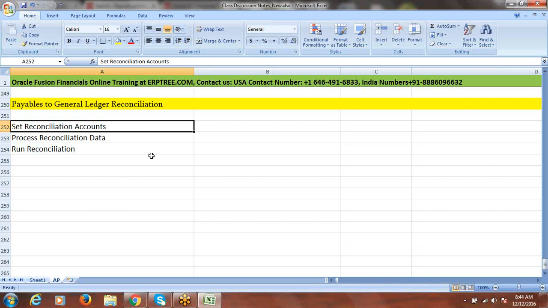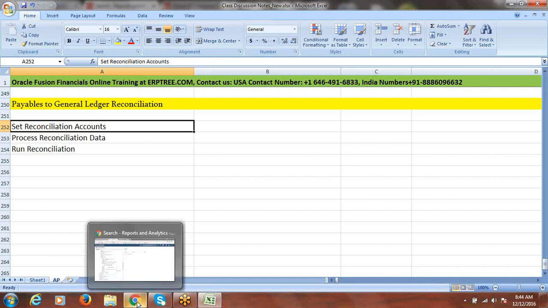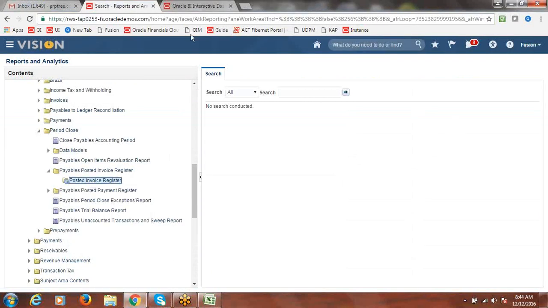First we have to set reconciliation accounts. Say for payables we want to do reconciliation. The payables control account is accounts payables. To set any account as a reconciliation account, go to your project.